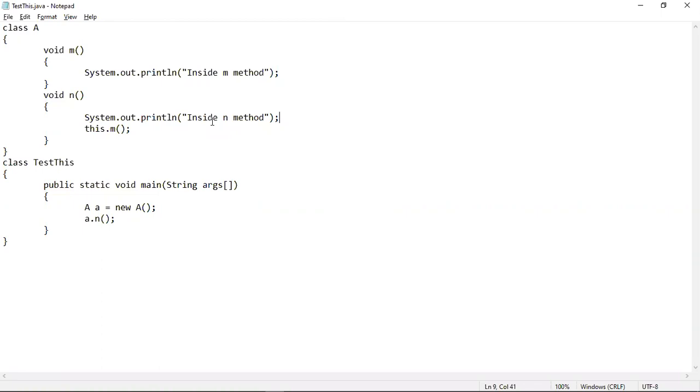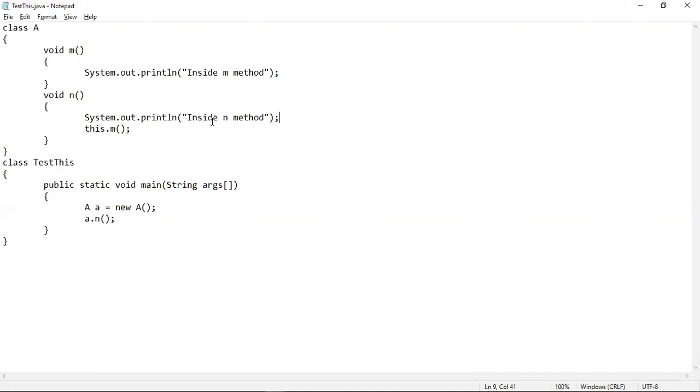As we all know, an object will always get a copy of the class members, and class members mean the instance variables and the methods. So the copies of the instance variables and the methods will come into its object. You have implemented this concept of this keyword, which will invoke the current object using the instance variable.